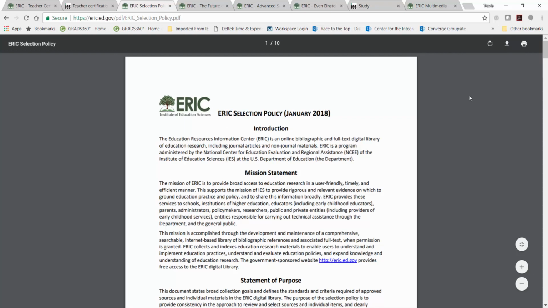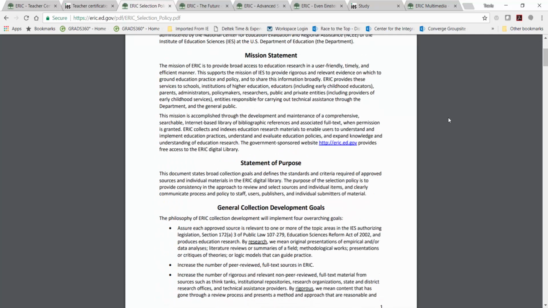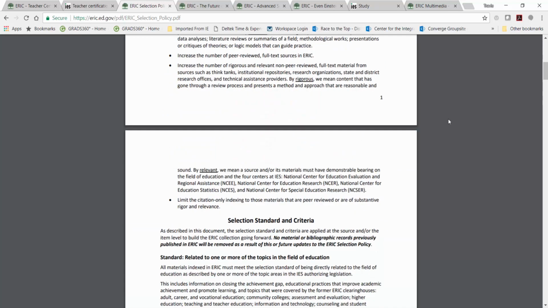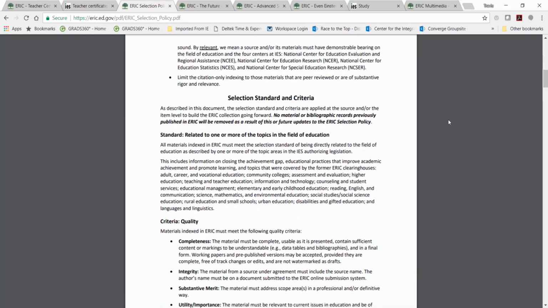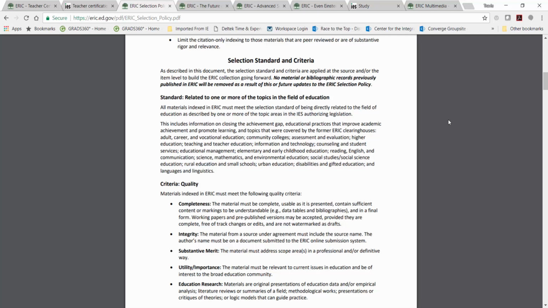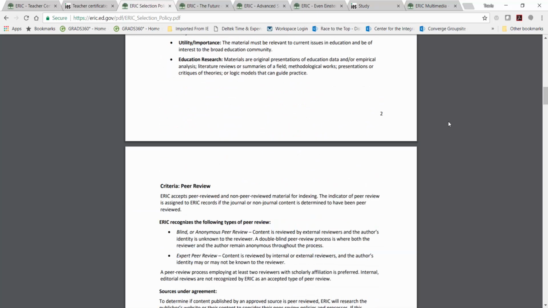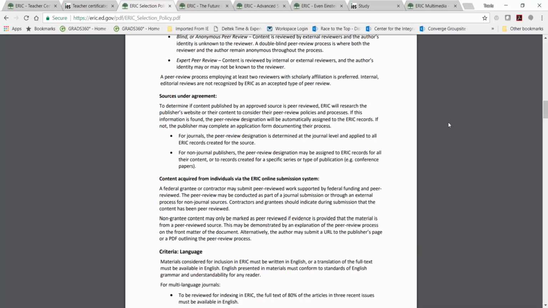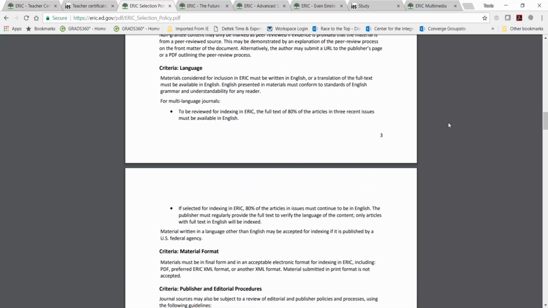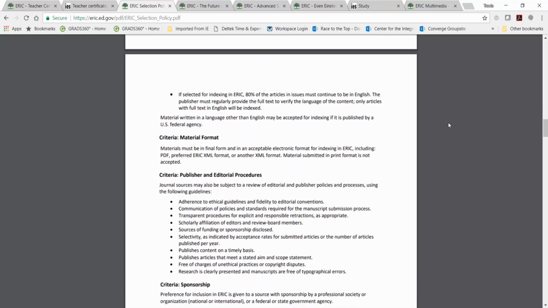Let me try to pull up where in the PDF it is. Judy, do you know offhand? Here's the selection standard and criteria. It talks about our agreement, publisher and editorial procedures, sponsorship.